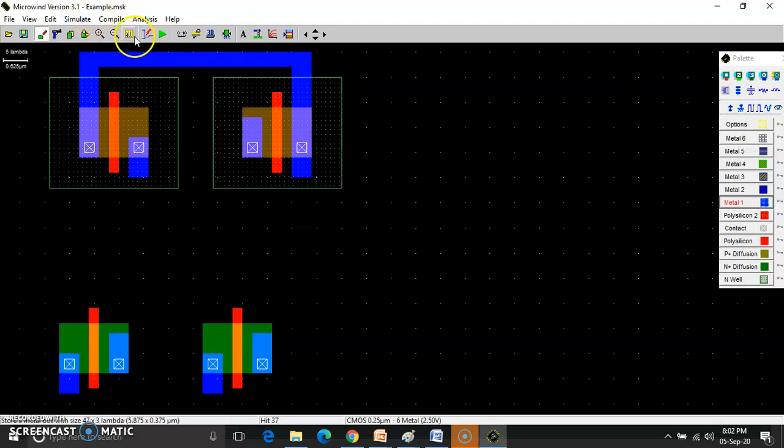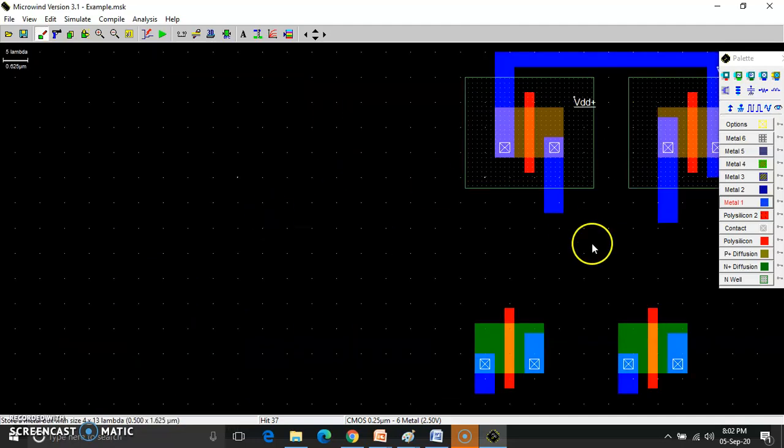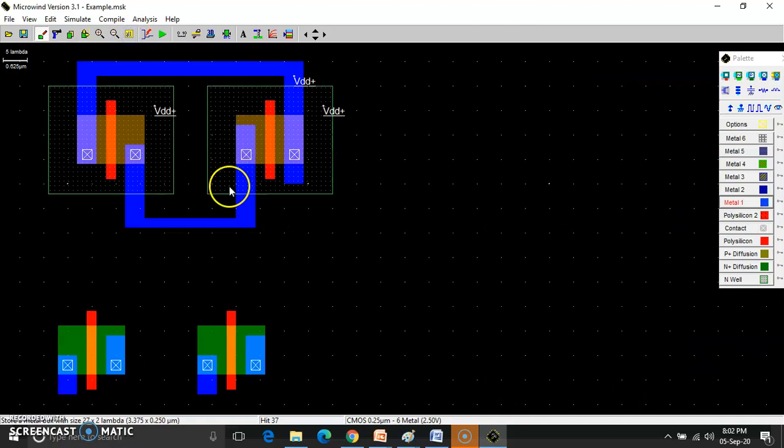So two drains are connected together to form a single point, and here VDD is applied to avoid the floating effect. Again I am taking VDD and connecting it over here. Okay, now sources are connected, but I need to connect the drains of these two. So this remaining one is the drain, so I am stretching this also over here, and I am just connecting these two with each other. So this forms my source drain. Okay, now I need to connect these two in series.